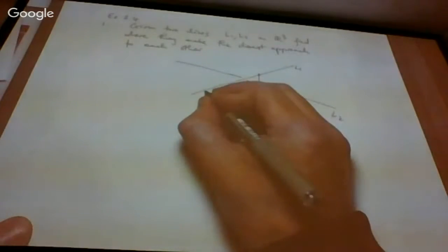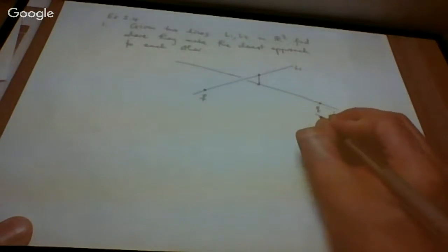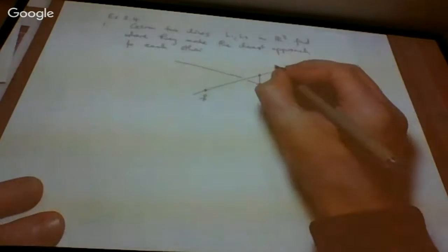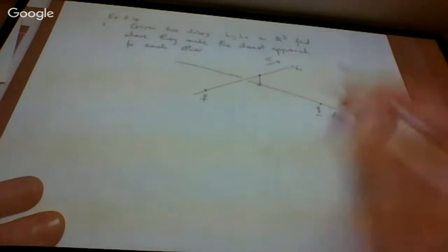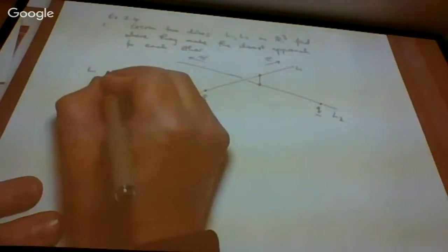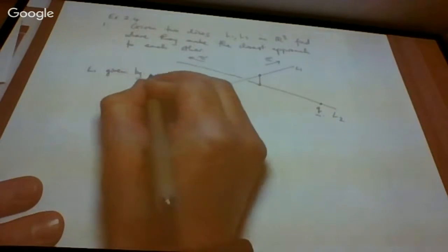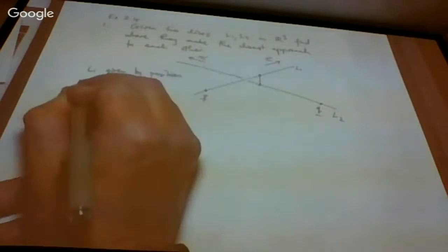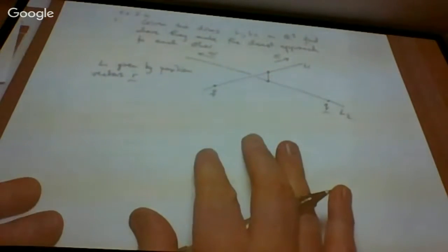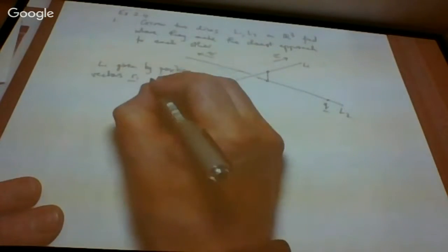Okay, so how did we say the 2 lines would be given to us? Well, we decided on a vector description of a line. One of the ways was having a fixed reference point on the line and then a direction vector for the line. So I'll just add some annotations to the diagram. L1 is given by position vectors R1 satisfying